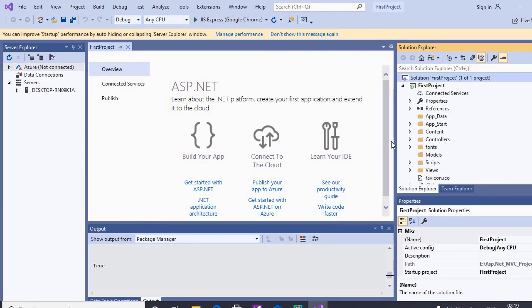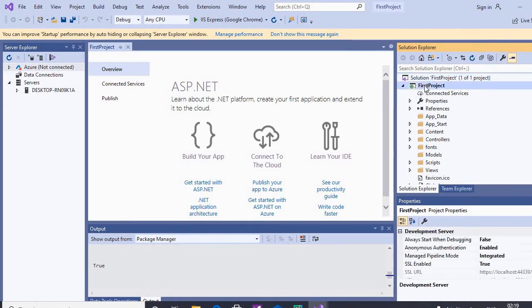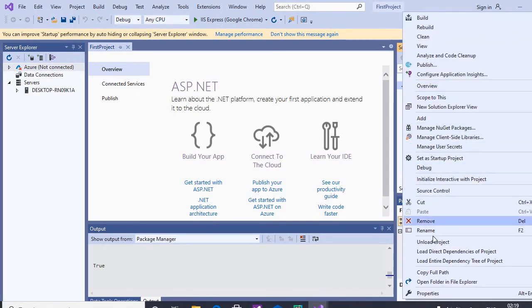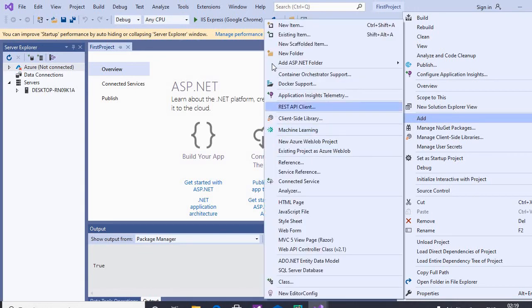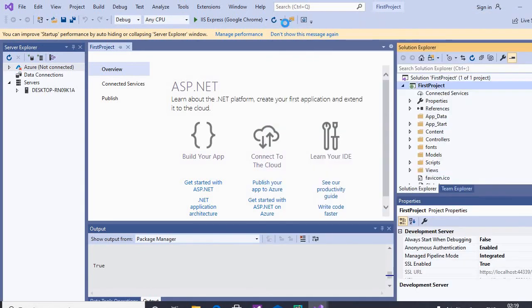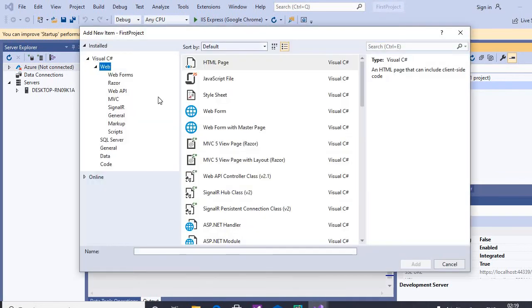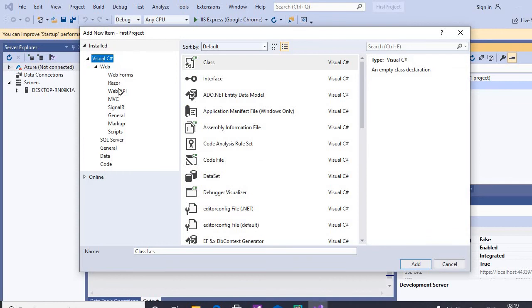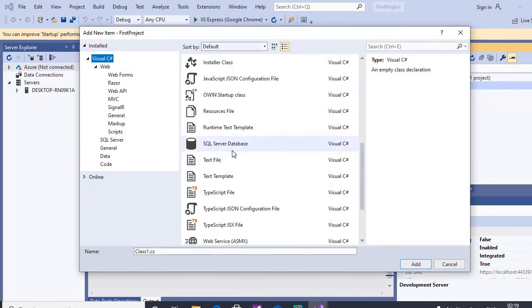Next we are going to discuss how to create a database in MVC application. For that, right click on our project name, then click on Add, then select New Item. Then I am going to select SQL Server Database and give a name for it.